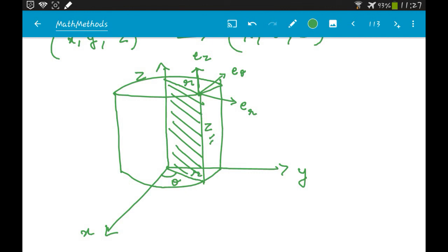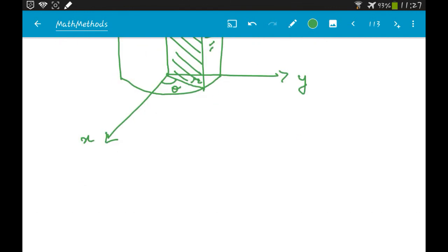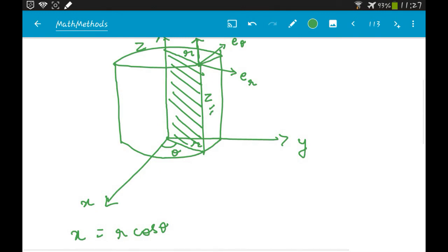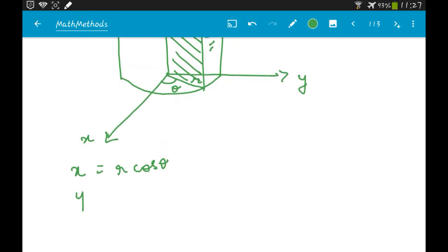So now let's look at ds. Okay, so we have x is equal to nothing but r cos theta. Okay, because here this is essentially like polar coordinates, but with a z direction as well. Okay, that is what cylindrical coordinates are. It's like polar coordinates where x and y can be represented using r and theta, and then z is just the z direction of it. Okay, y is equal to r sin theta, and z is nothing but z.